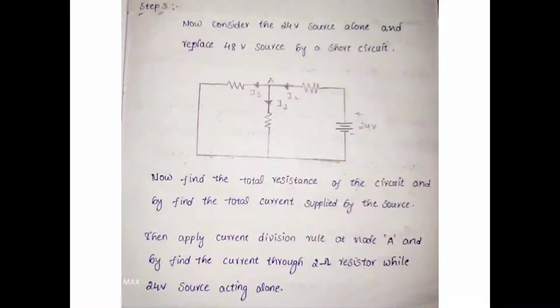Step 3. Now consider the 24 volt source alone and replace the 48 volt source by a short circuit. Check the diagram. The 48 volt source will be short circuited. Now find the total resistance of the circuit and find the total current supplied by the source. Then apply the current division rule at node A and find the current through the 2 ohm resistor while the 24 volt